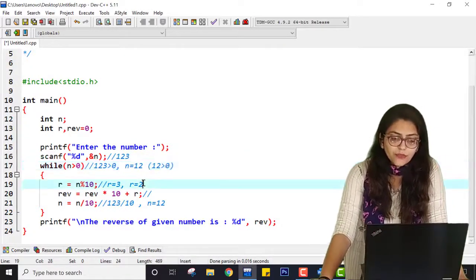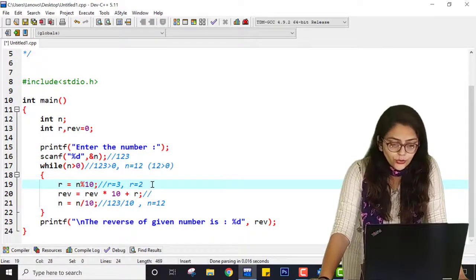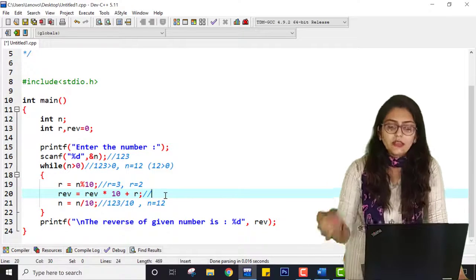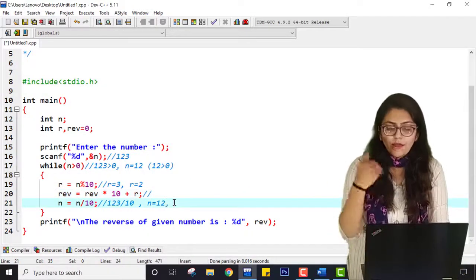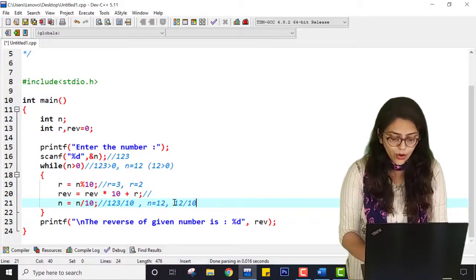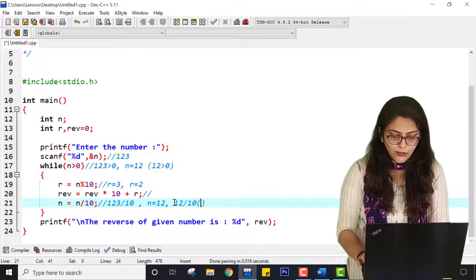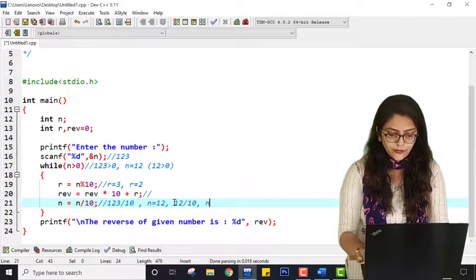So it will come and 12 divided by 10 gives me remainder 2. And here I am adding this 2 to the previous remainder. And here now n becomes 12 by 10, that is 1.2, but I am not going to use that. So now n equal to 1.